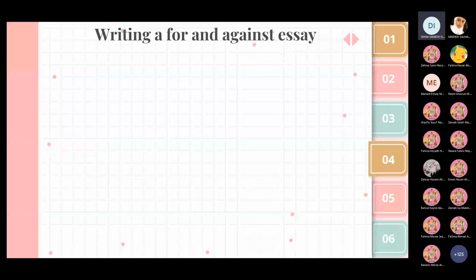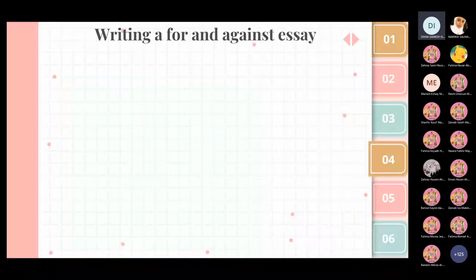مطلوب منكم تكتبون سلبيات وإيجابيات موضوع يبي أعطونكم إياه. Okay? Make sure that in case you get this writing for the exam, you read the question carefully in order to get what the topic you're going to write about. Another thing is that the For and Against essay consists of 4 paragraphs. We have the introduction and then the body, which consists of 2 parts, اللي هو advantages, the disadvantages, and finally the conclusion اللي هو الخاتمة أو الخلاصة حق الموضوع اللي بتكتبين عنه.